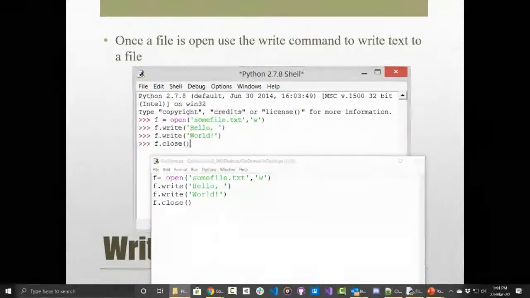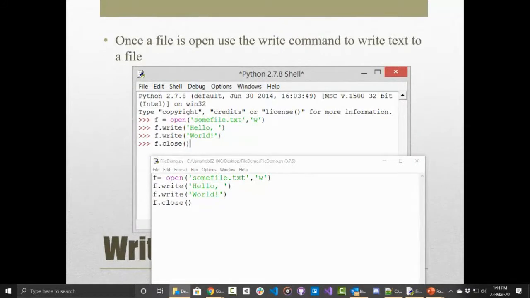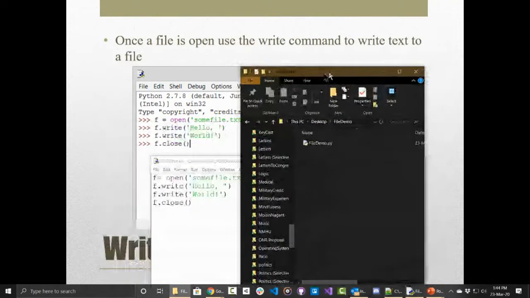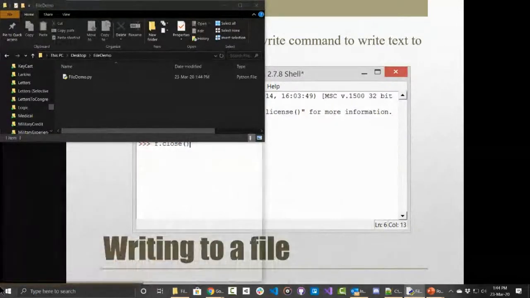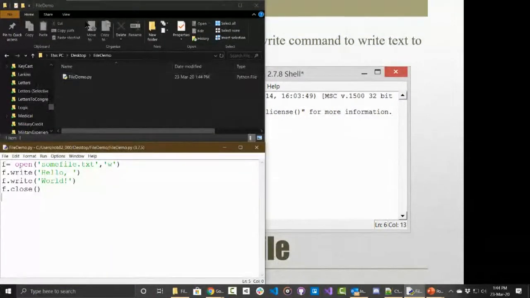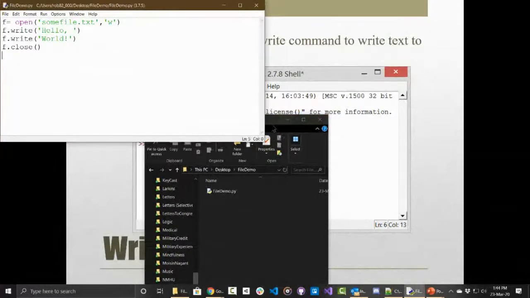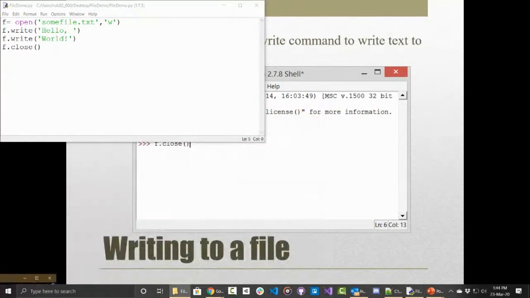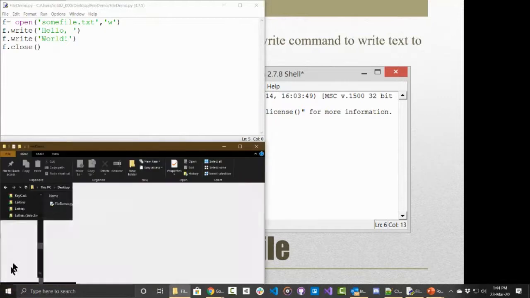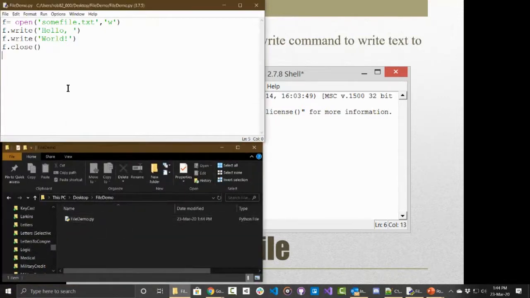Just to show you what the directory looks like, here's file demo.py, this program that's sitting inside of file demo. When I run this,